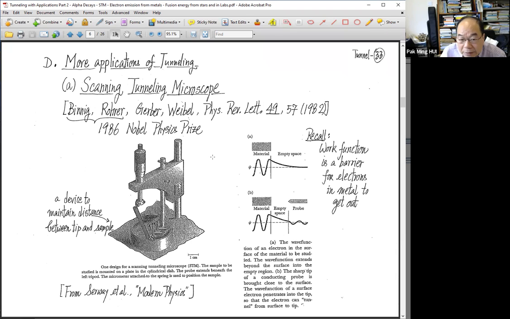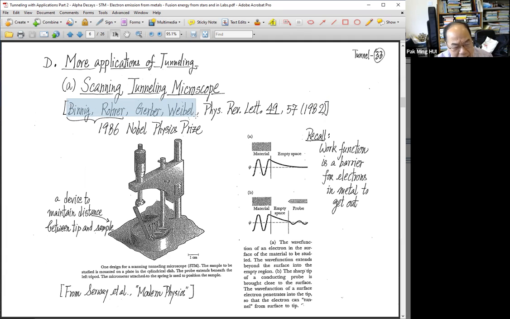The second application I would like to point out, due to the tunneling effect, is a very clever invention, and the importance of which is that once it was invented, then we have this new field of nanoscience and nanotechnology. So it is that important. It was the time I was a PhD student, so that was hot news at that time. So 1982,